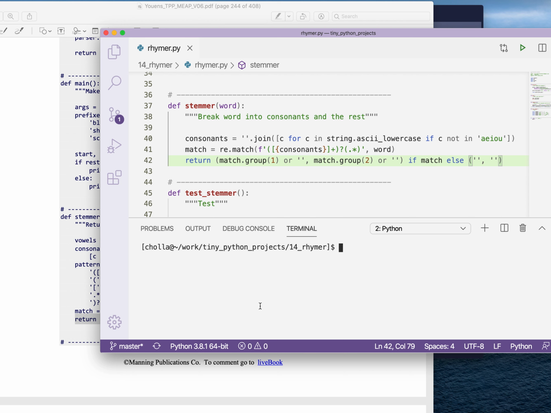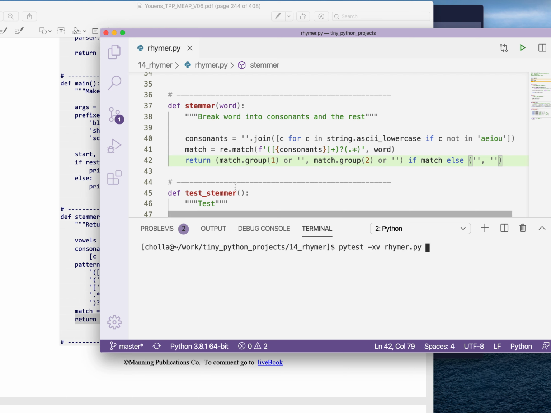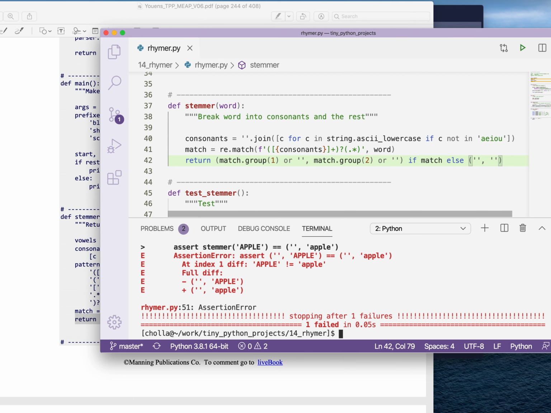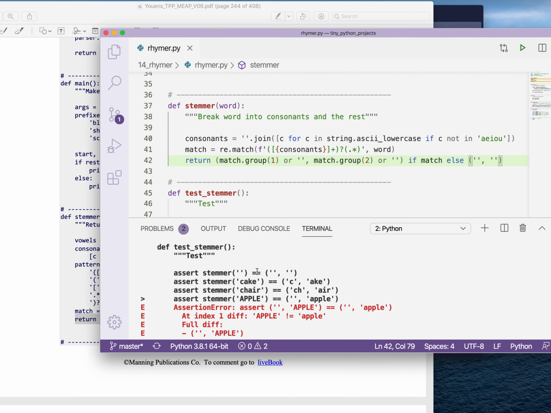With that, I'm going to run PyTest on this program so that I can run the test stemmer against the stemmer. And I want to see, does that work? So it passes the first test of the empty string. It passes cake is split into C and ake. Chair is split into the right parts, but apple does not get split. And specifically here, I was making sure that I was passing in an uppercase word because I decided I would only deal with lowercase